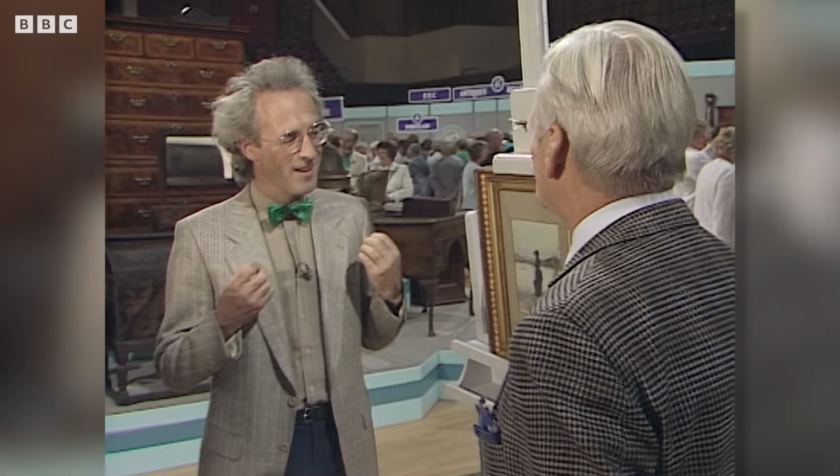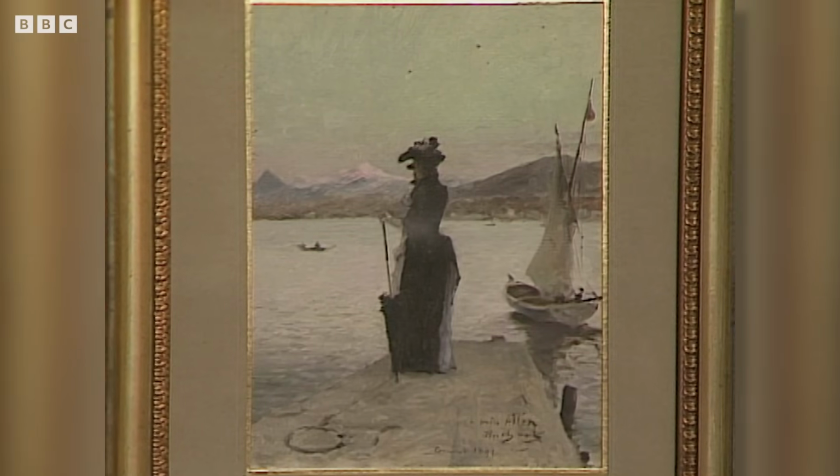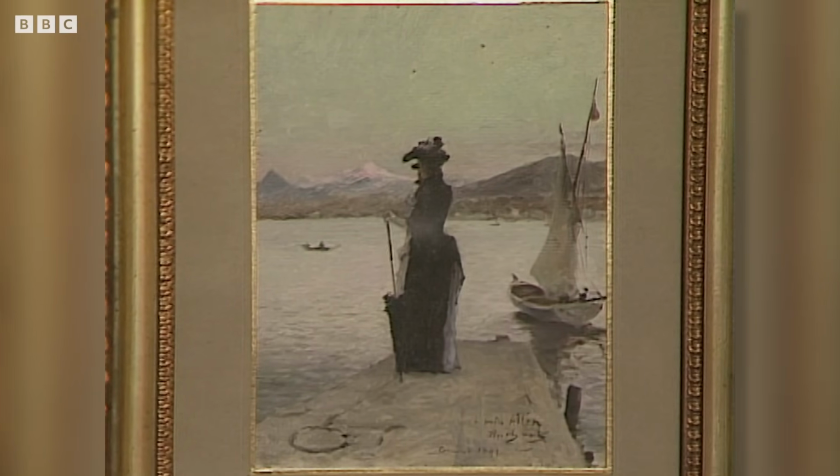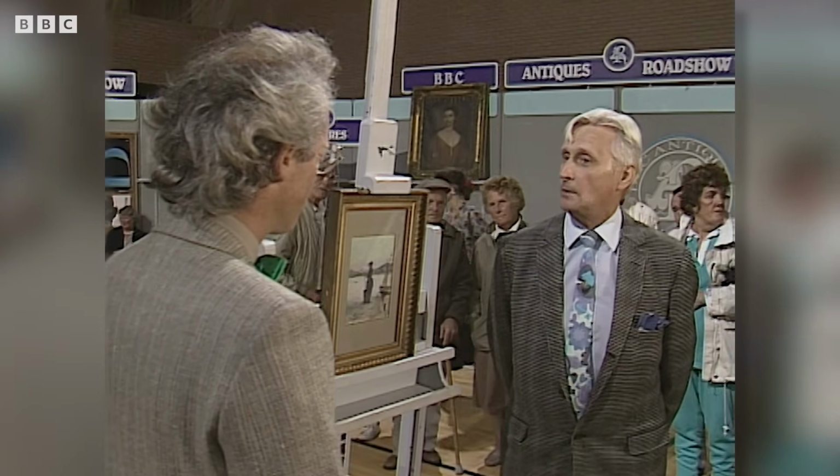But I think this picture has that extra touch of beauty and charm, romance. Yes. We'd all like to be standing on that pier. Tell me, I've wondered for a long time, is it an oil or...